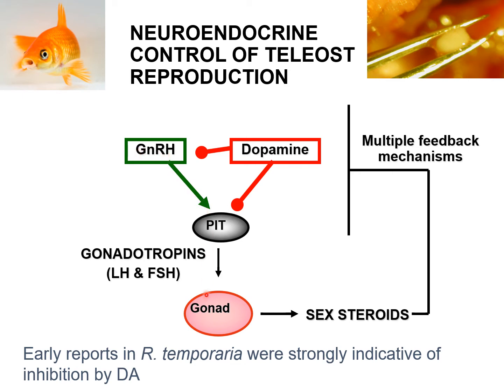So that will stimulate LH and FSH. Now in fish like goldfish and carp, this does not work very well because there is a strong inhibitory system based on the neurotransmitter dopamine. I'll abbreviate it DA. So dopamine is the brakes, GnRH is the gas. Green is go, red is stop. So we have to manipulate dopamine, and in fact, in goldfish and carp, you have to block dopamine before GnRH